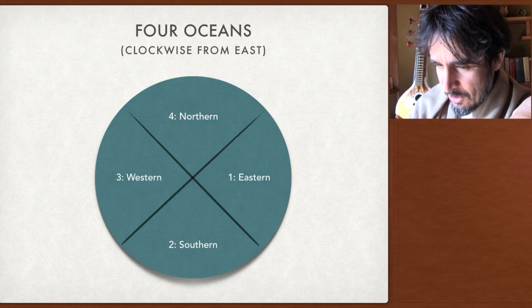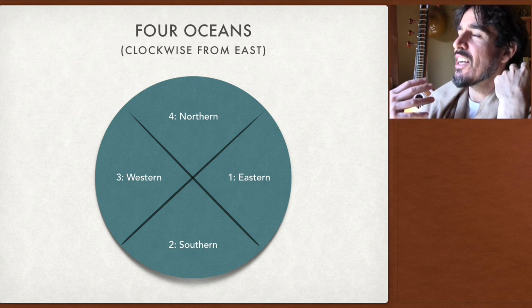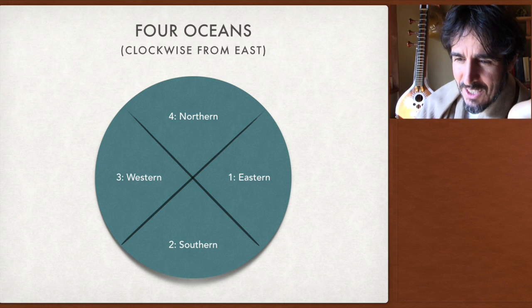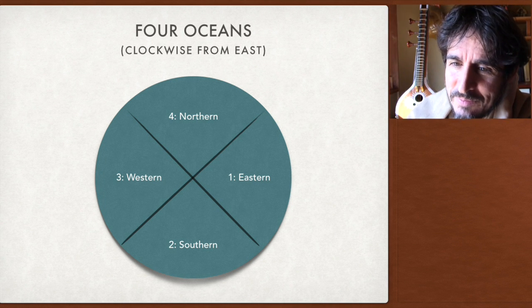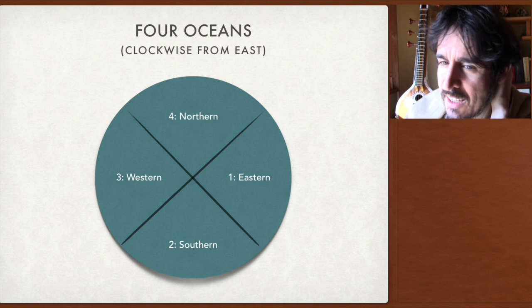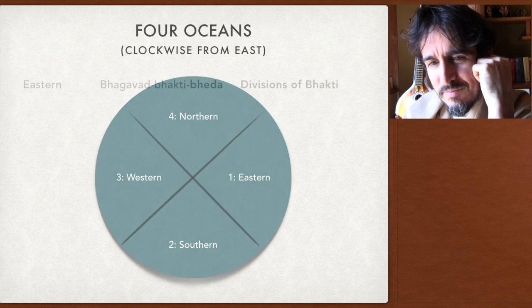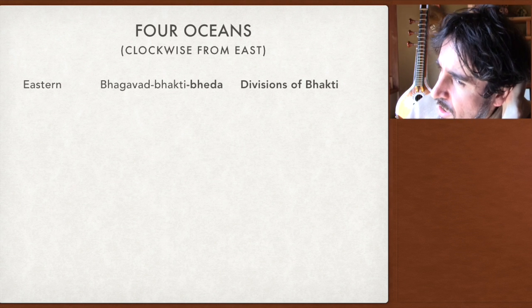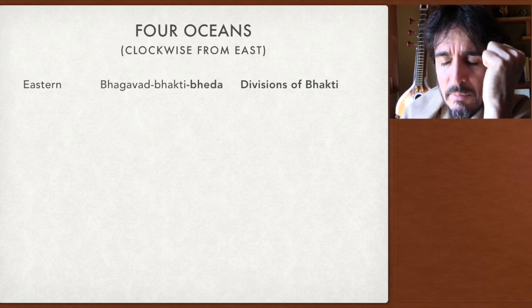The ocean of devotion, the Bhakti Rasamrita Sindhu, the ocean of the nectar of bhakti, the ocean of the nectar of devotion, is divided into 4 sections, 4 seas: Eastern, Southern, Western, and Northern. Each one covers a different topic. The first division, the Eastern Sea, is going to cover something called Bhagavad Bhakti Bheda. Bheda means